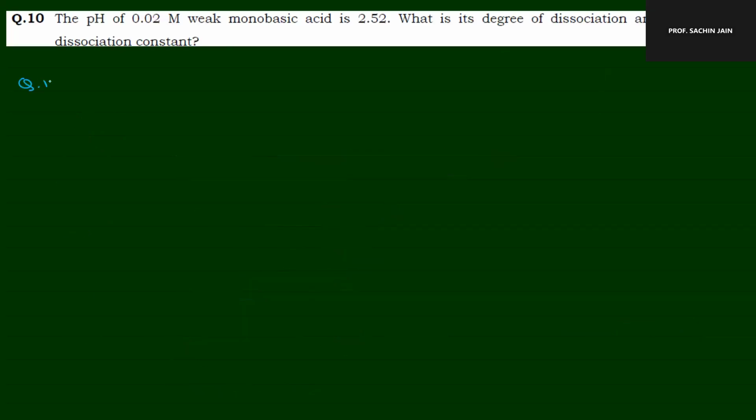अब क्वेश्चन 10. pH of 0.02 molar weak monobasic acid is 2.52. What is its degree of dissociation and dissociation constant? यानी गिवन क्या क्या है? कॉन्सेंट्रेशन और पीएच। C 0.02 मोलार है, pH दिया हुआ है 2.52. क्या ढूंढना है? To find alpha and Ka. दो चीज ढूंढना है, ये 3 मार्क का है।